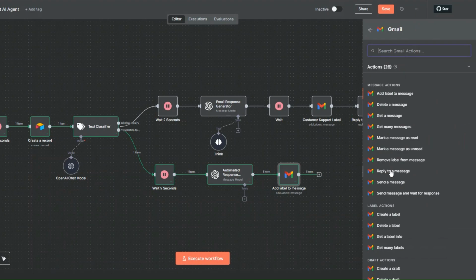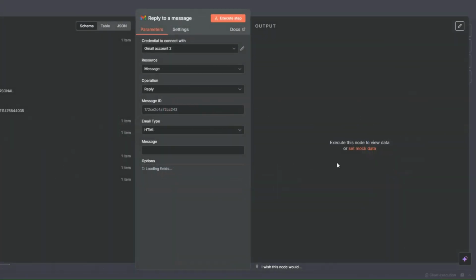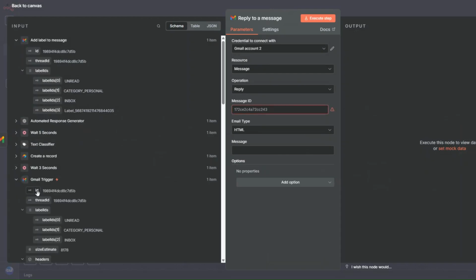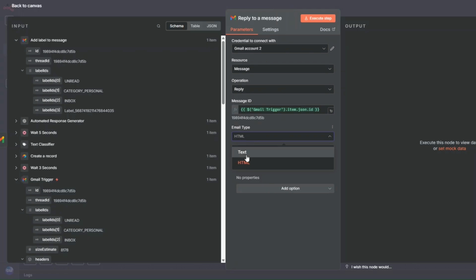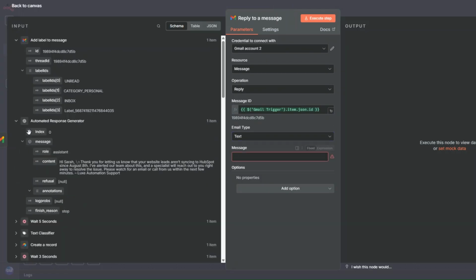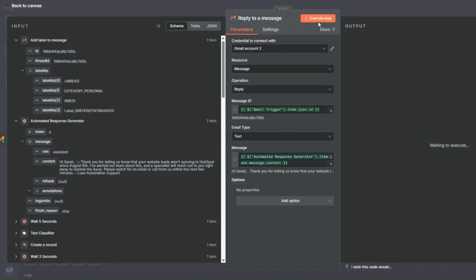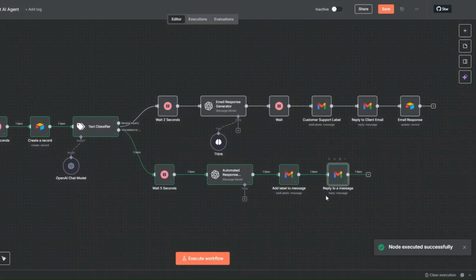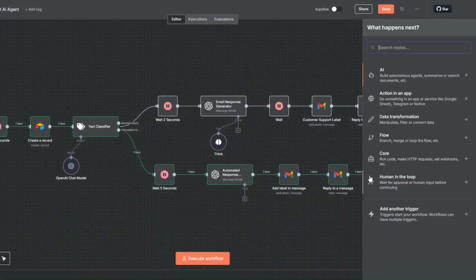So here I'll search for Gmail and click on reply to a message node over here. I'll choose my credential, then I'll find our message ID, drag it over here, and then for the email type I'm going to choose text and add our response over here that we generated using our node over here. So I'll add it over here, and I'll click on execute step to send them the reply. And after sending them the reply, we can also notify our team that we've received an email from a client that they need to urgently